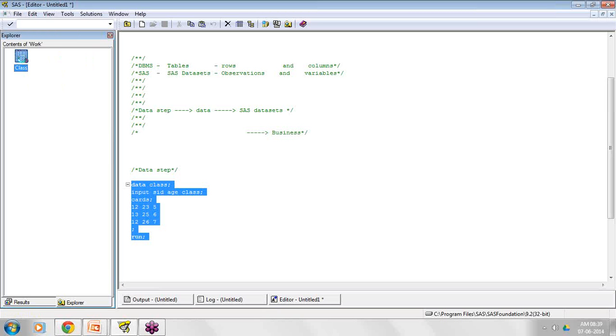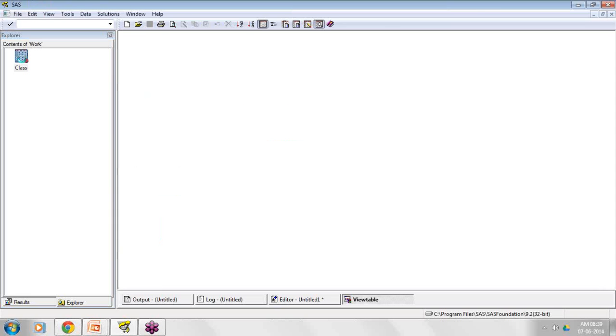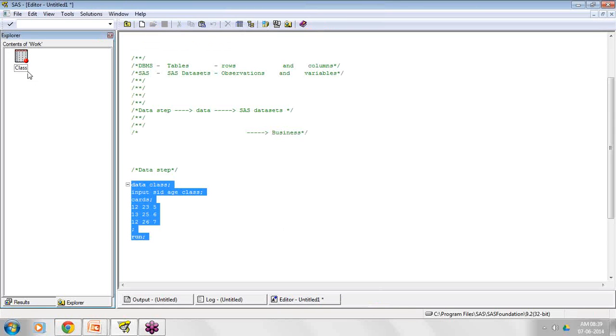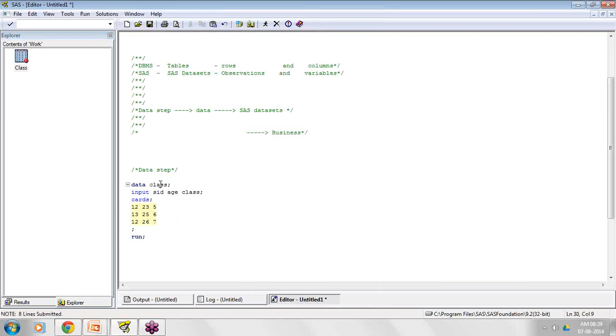If you select and double click, the entire data which I have given will be visible here. So that is the way I have created a SAS data set.